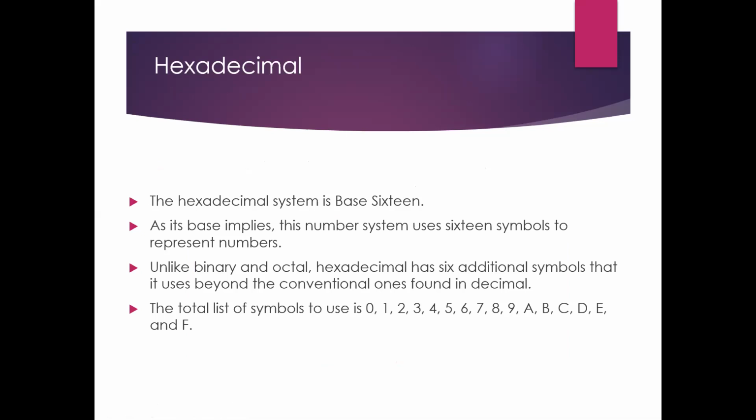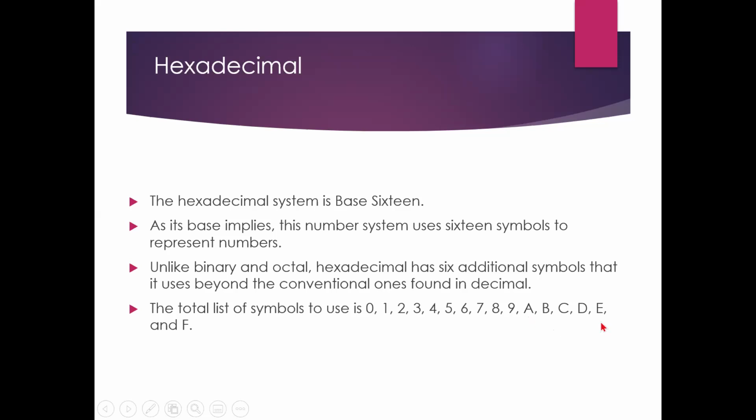Next, moving on to the last number system, that is the hexadecimal number system. In this hexadecimal number system, as the name suggests, there are 16 symbols, which is higher than the conventional decimal number system. In the decimal number system, as we all know, there are only 10 symbols we use, that is 0 to 9. But here in the hexadecimal number system, there are 16 symbols which represent the numbers. What are those 16 different symbols used here? Definitely up to 9, same as the decimal number system. After 9, we cannot use 10 because 10 is a 2-digit number. So to represent the higher quantities here, alphabets are used.